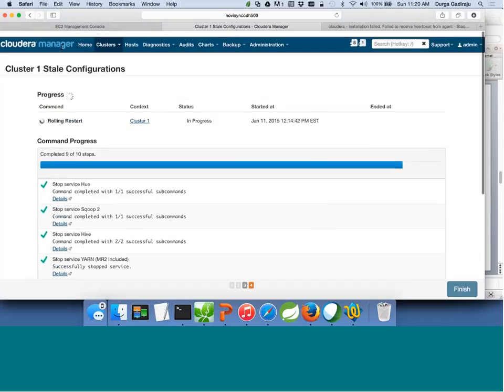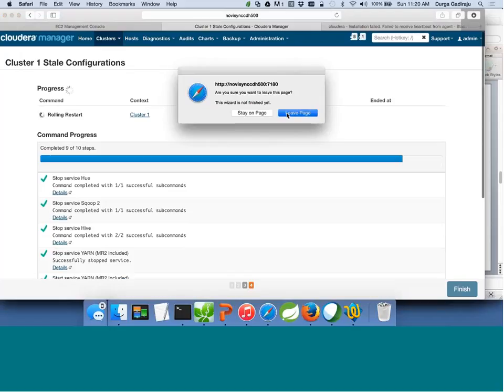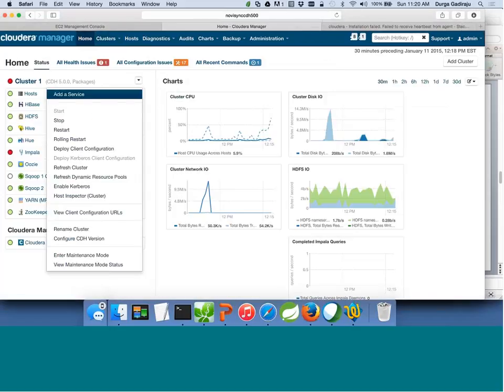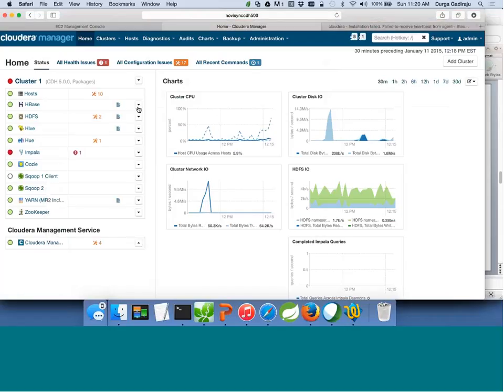This is still running, so let me show you. Here you have to take care of adding a service or deleting a service. To add a service, you will click on this. If you have to delete a service, first you have to analyze whether there are any dependencies on that service, and those dependencies have to be removed, or the dependent service has to be deleted. For example, if you have to delete Hue,